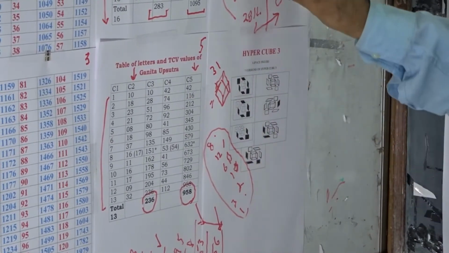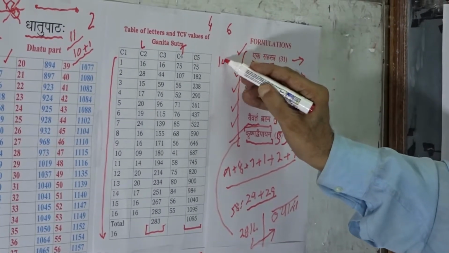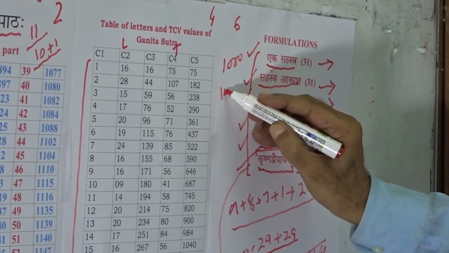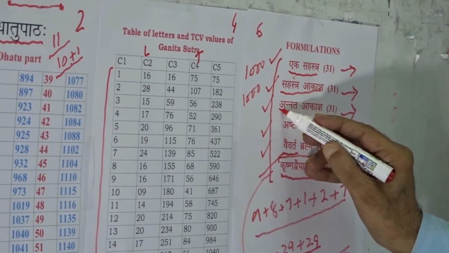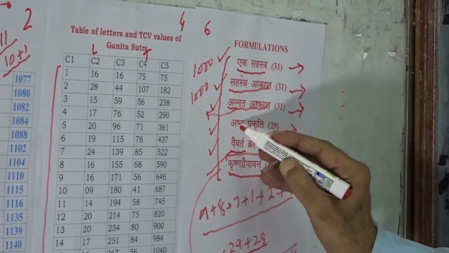Therefore, this value 31, which is Ek Shahishtra, means 1000, Shahishtrakash, 1000 spaces, means Anantakash, infinitely infinite space, Asht